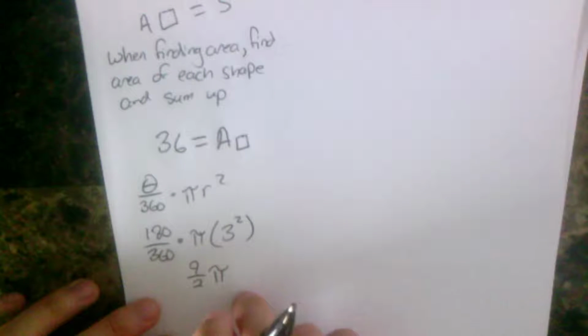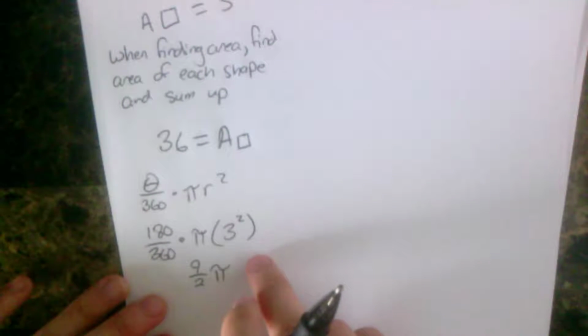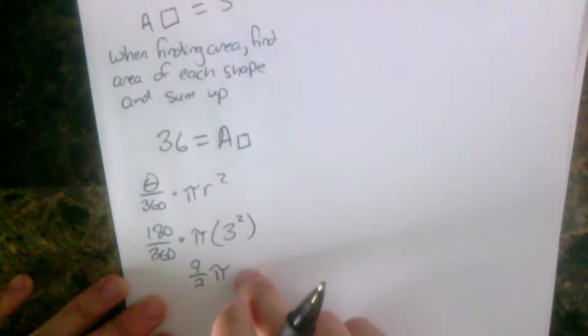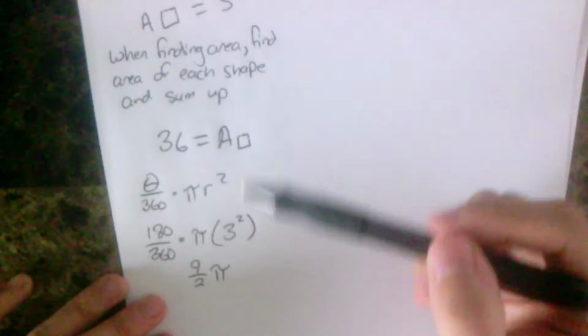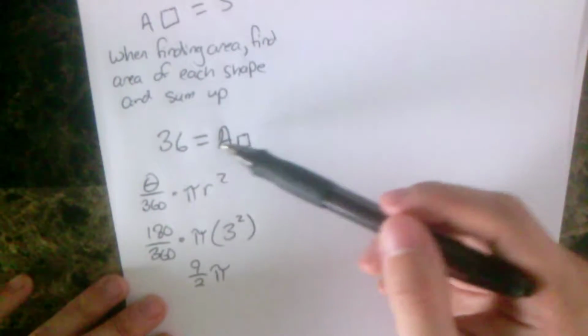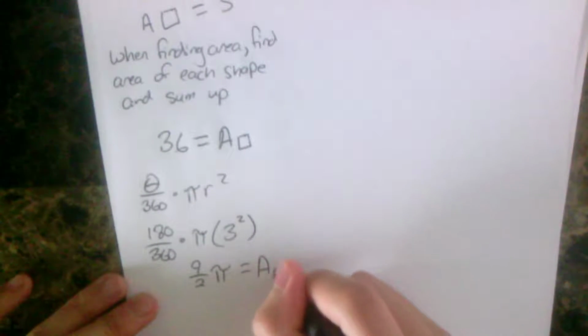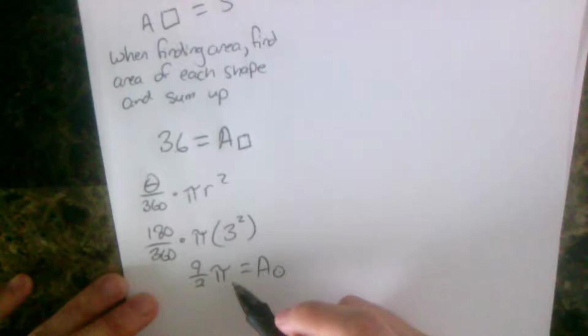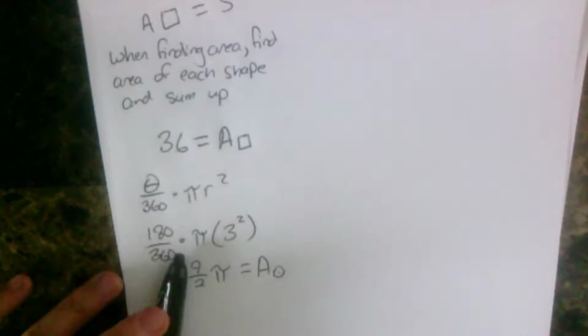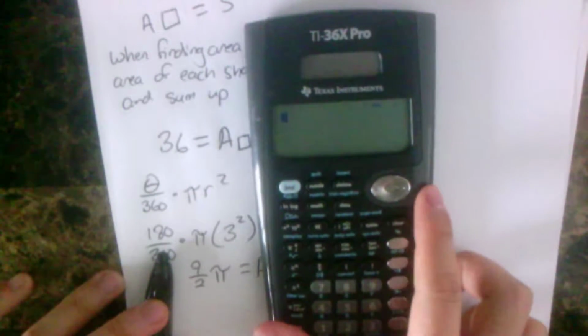And you'll probably need a calculator for this, because I'm going to ask for these answers in decimals, and you're going to need to compare these two areas. So the area of the square is 36. The area of the circle is 9/2 pi. I need to add these two values together. To do this in a calculator,